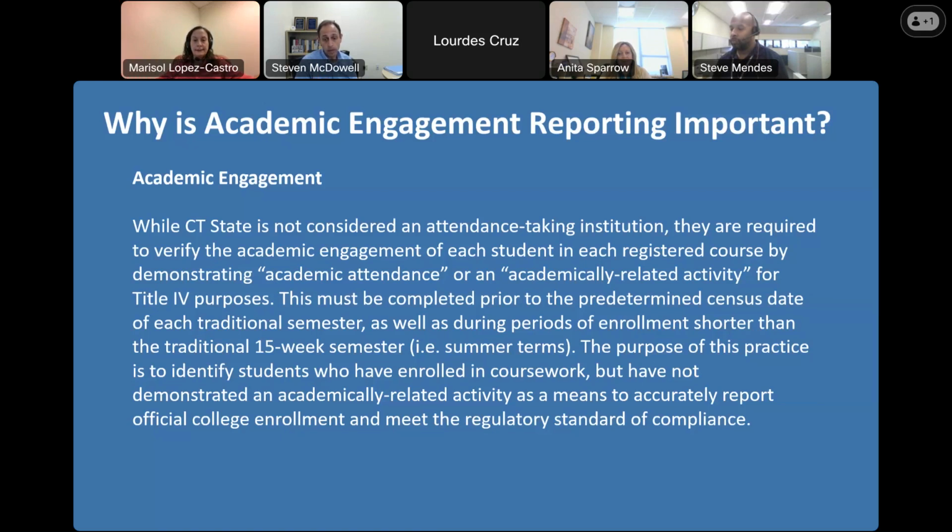So if we don't have any notation that says that the student was here, we have to assume that they were not here. And if we assume that they're not here, that means that they will not be paid their financial aid. And so we will then hear about it when they don't have their aid dispersed. And if we could just make certain that all the faculty are assigning either the NP or the H's to make sure that the students are here or not, that helps us to identify whether the student can have their aid dispersed to their account.